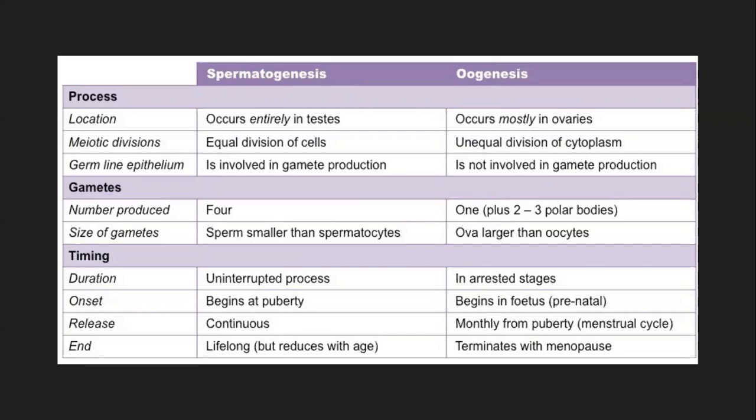Yeah, so I guess, but you understood what the correlation is, right? So that way it is quite a lot in number, and that does not affect even if the number of cells is fixed at the start itself. Yeah, okay. So then the number of gametes produced, we know it's 4 in spermatogenesis and only 1 in case of oogenesis, plus 3 polar bodies.